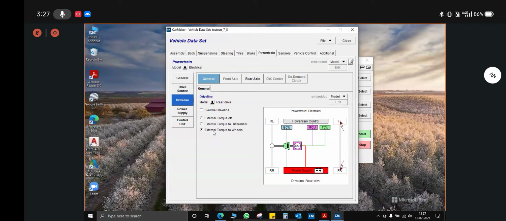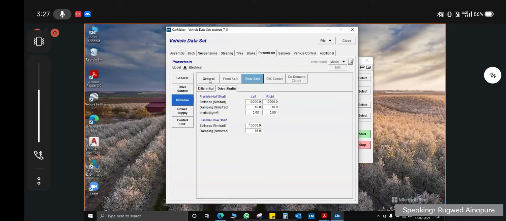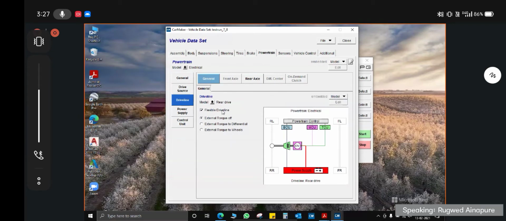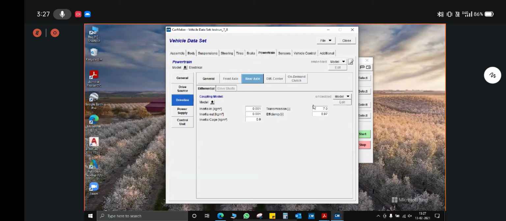In flexible driveline mode, you select the type of coupling that you have, whether it is a lock type, viscoelastic type, torque sensing, or torque vectoring, and you have to put the transmission ratio here, and the efficiency depending upon the design and the type of components in your powertrain system. Okay, so this was about the driveline. All the teams, EBA teams, have to select rear drive only.